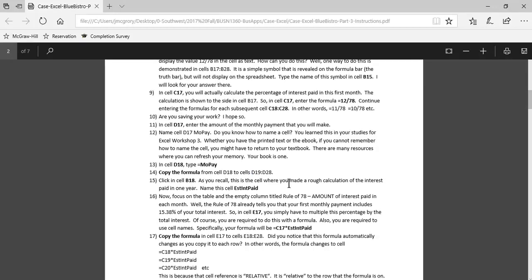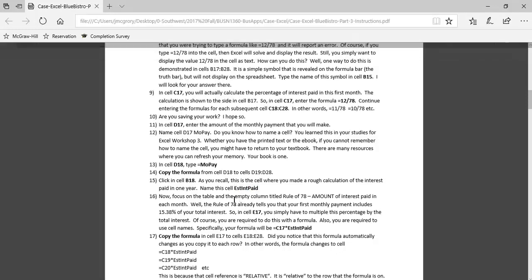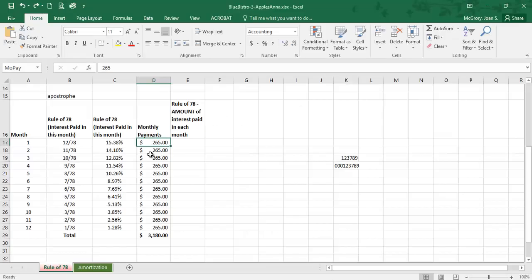And as you recall, this is the cell where you made a rough calculation of the interest paid in 1 year. We're going to call this, and look at my capitalization here, capital E, ST, capital I, NT, capital paid. Estimated interest paid. Okay, see how capitalization helps me there? Estimated interest paid. What cell? B18. Okay, so